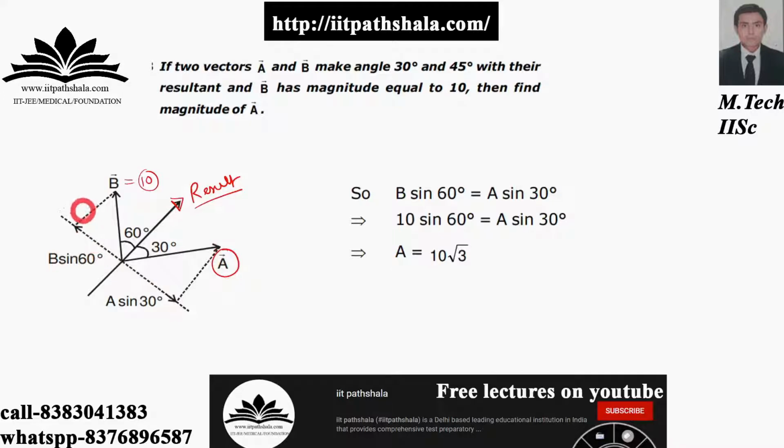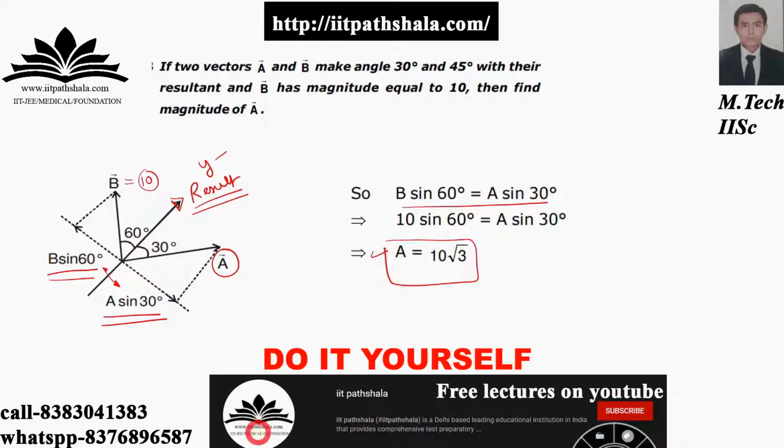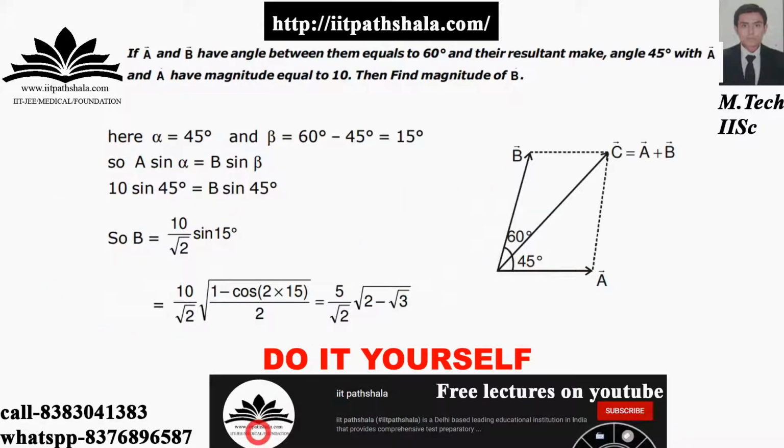So what I have told you is that if the resultant is lying in this y direction, then the x direction will not be having any kind of role in our mathematics over here, so it will be ruled out. Hence I can say that B sine 60 degrees equals A sine 60 degrees, because everything will be zero in this direction, so I can equate these two guys over here. Whatsoever data is given to you, use that data and you will be landing up with this particular value. Try to do this question by yourself. It's pretty much easy by using the same concept.